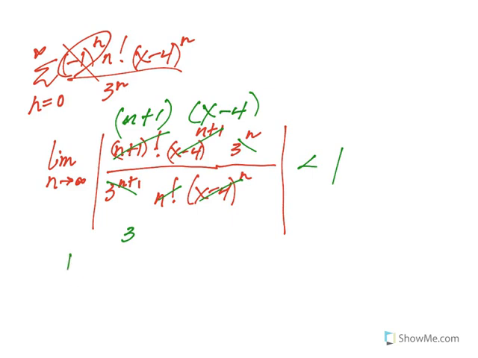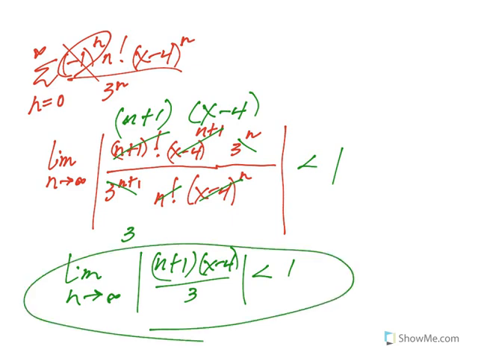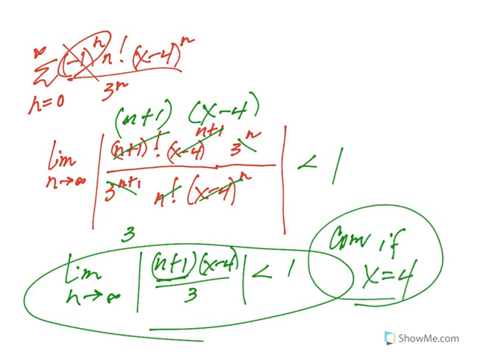We're just trying to find where it converges. So I take the limit then as n goes huge. Absolute value, (n plus 1)(x minus 4) all over 3, less than 1. This inequality will only be true, because n continues to grow infinitely large, if x is equal to 4. So it only converges at 4. And for those of you who love interval notation, it goes from 4 to 4, including 4. Right on. All right, so this is section 8.9,